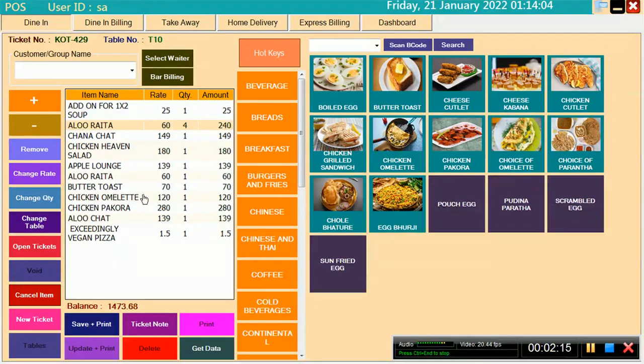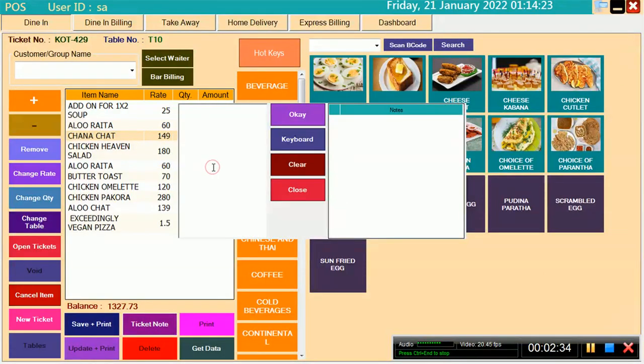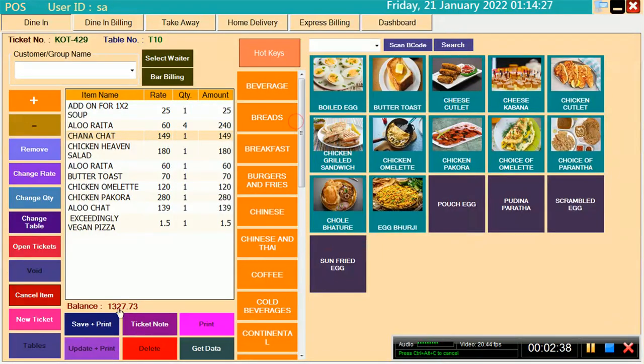If you want to remove any one of the items, suppose you want to remove apple lunch, you can easily click on it and remove it. If you want to give any QOT, any ticket note, for example your customer wants more salty, more spicy, just click on that item and you can easily type here, or you can feed it also.